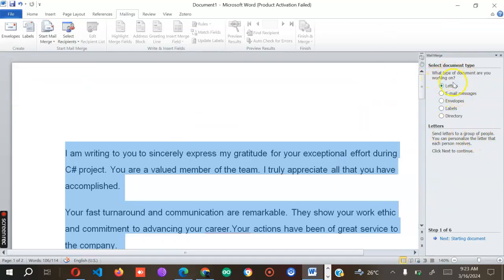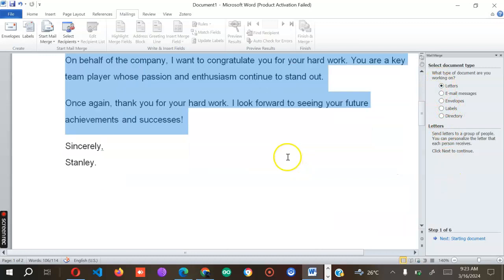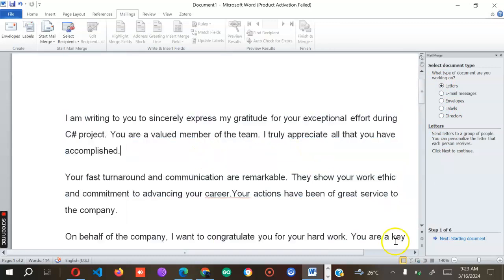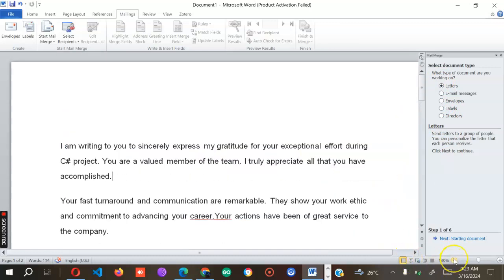Now these are the kinds of document that you want to work on. We have Letters, Email Messages, Envelopes, Labels, Directory. Now let's assume that we want to merge, the main document should be a letter. So if it's a letter, you go for the letter. If it's an email, you go for the email. Envelope, labels, you click the labels. Directory, click the directory. Since I'm interested in the letter, the one that I have on this side, what I will need to do